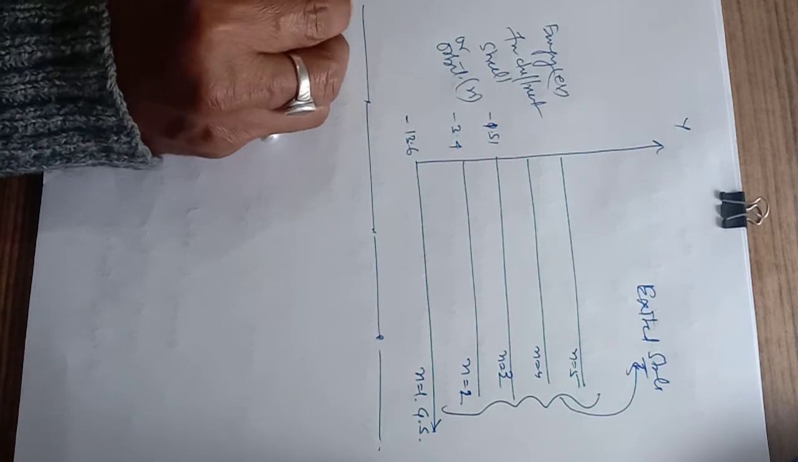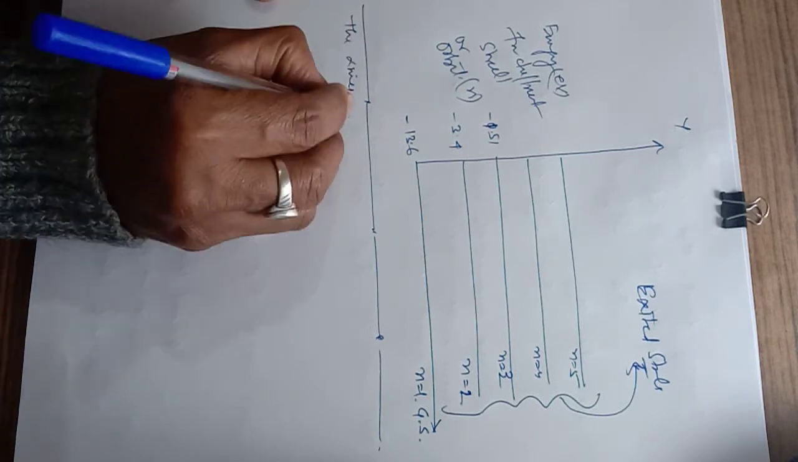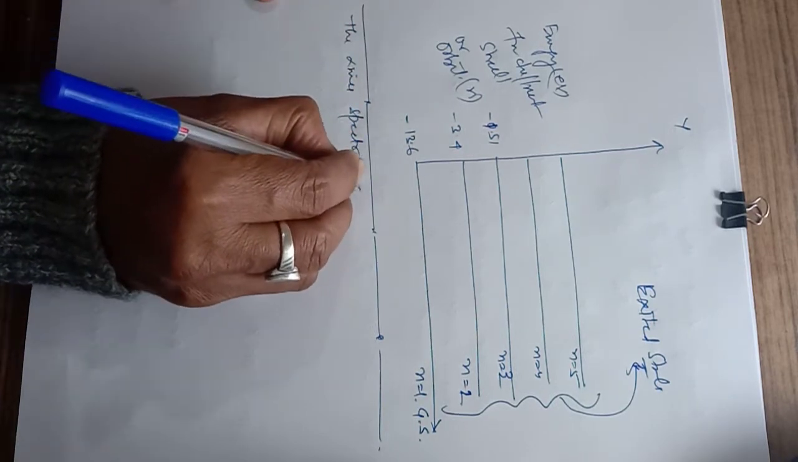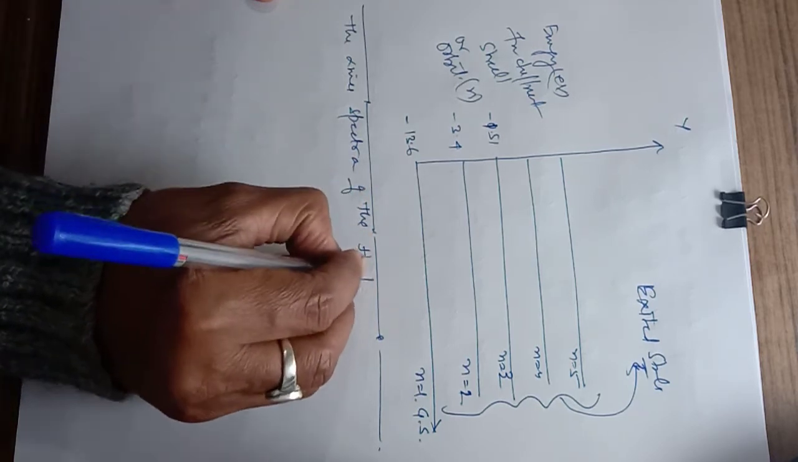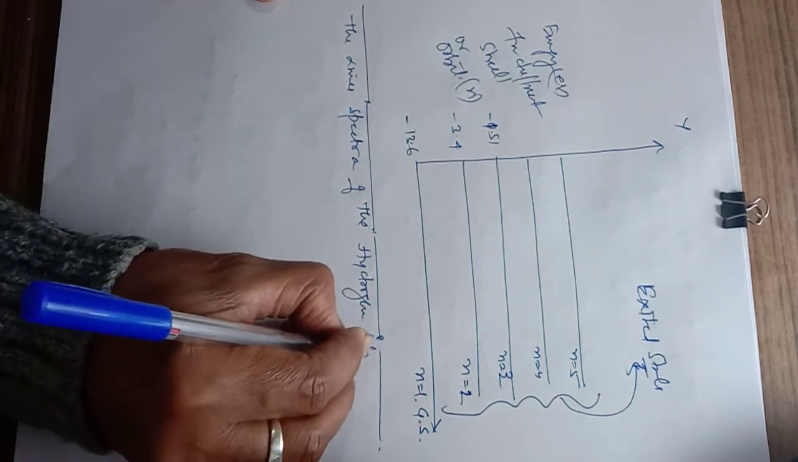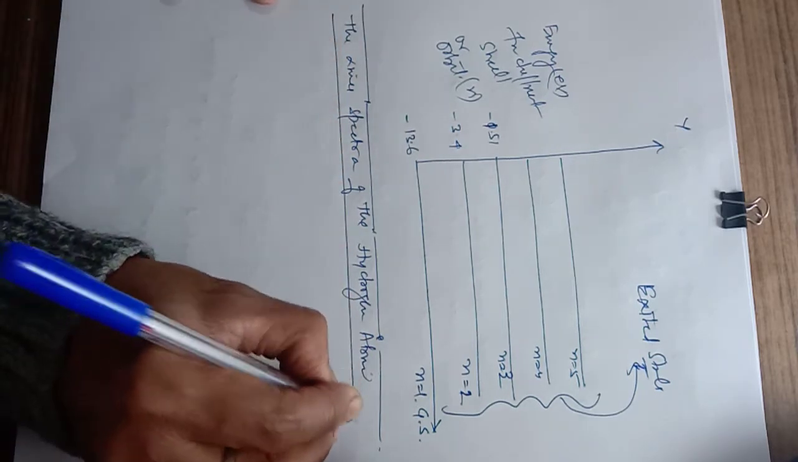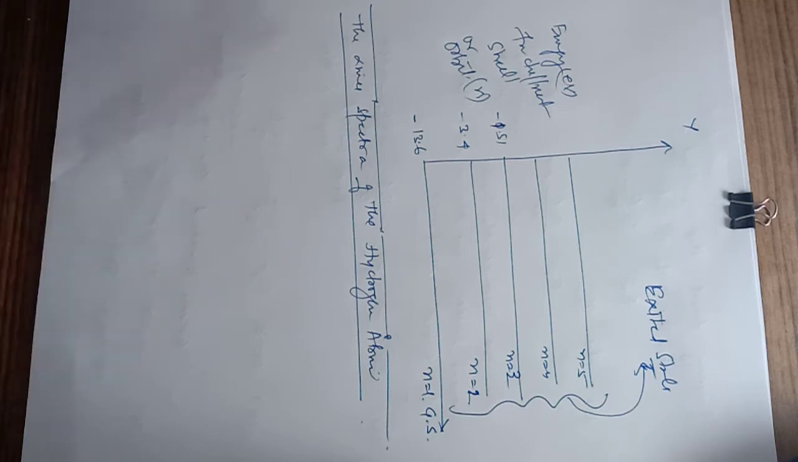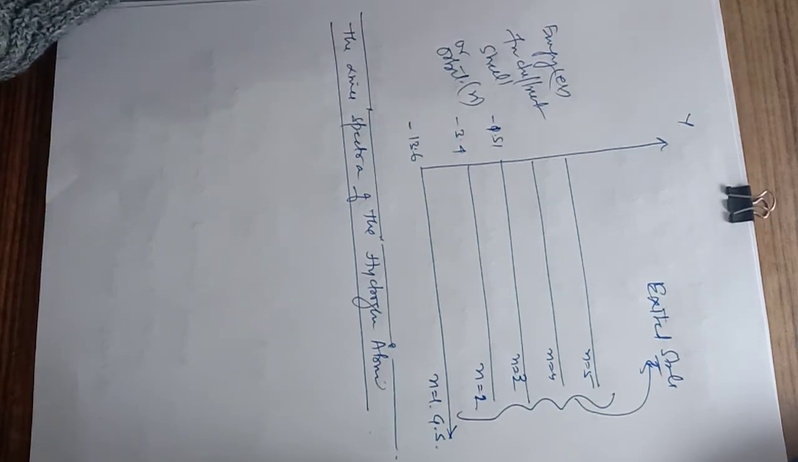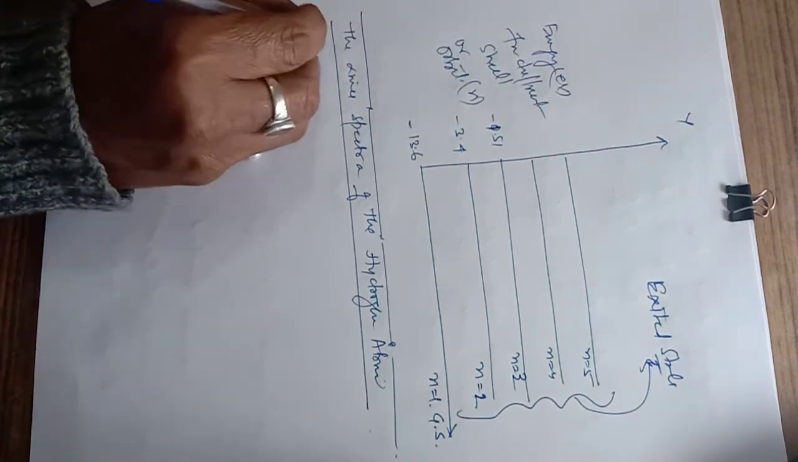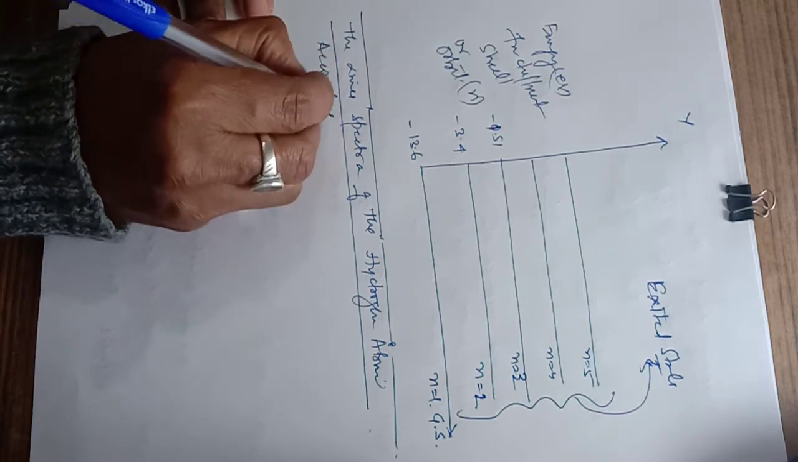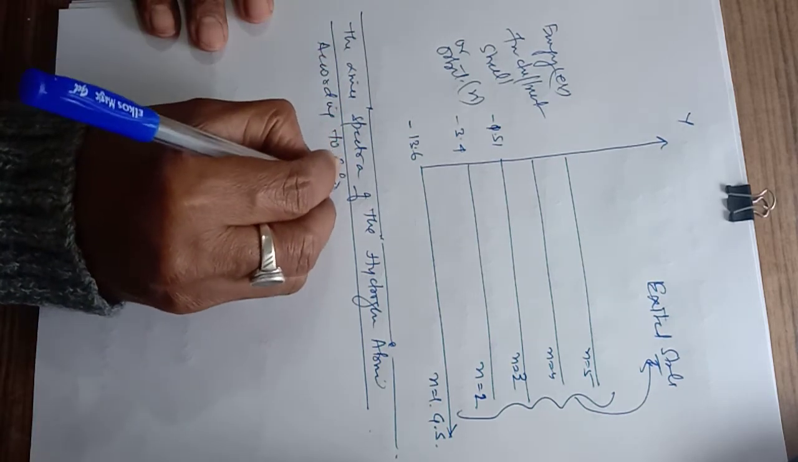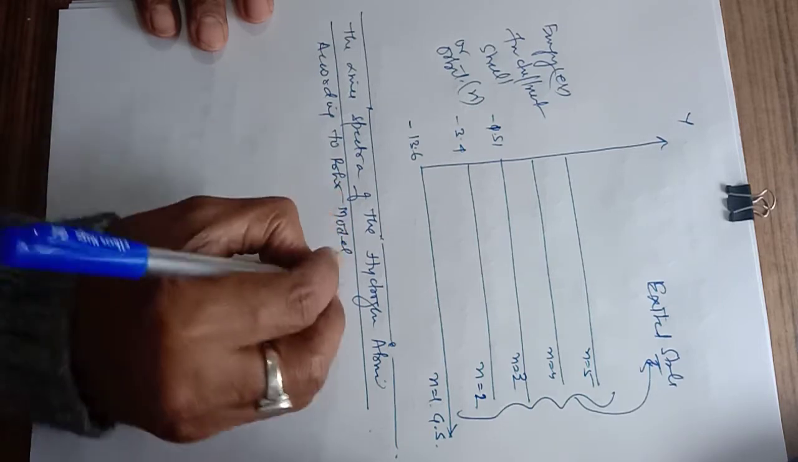Now the next is the line spectra of the hydrogen atom. So according to the Bohr model, when